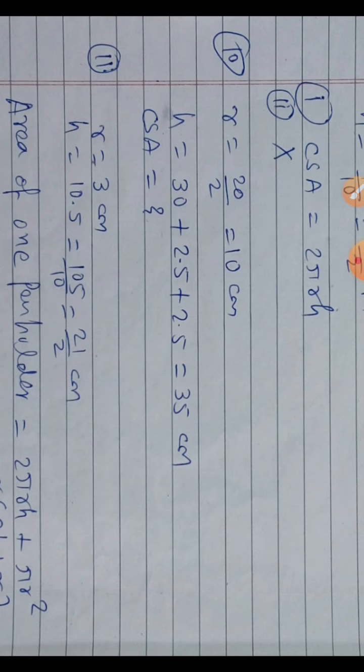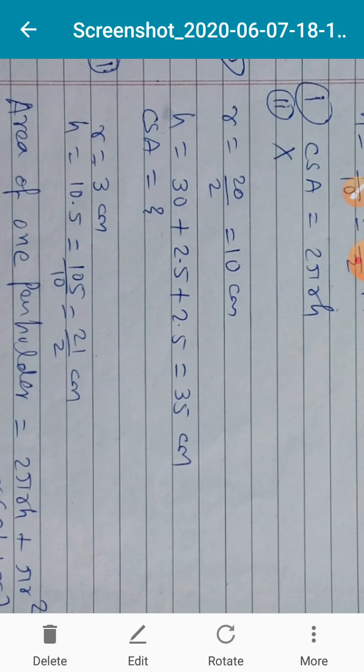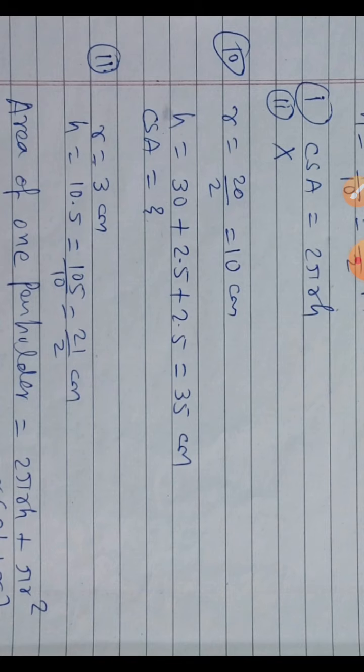Okay, so this way you have to understand first of all the question. You should read it at least 2 or 3 times, then only you understand. And whenever you are reading, just prepare a list also of what is given actually. Okay, then only you can understand the question well.